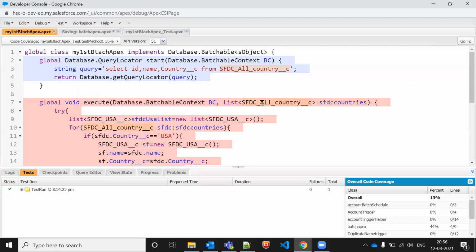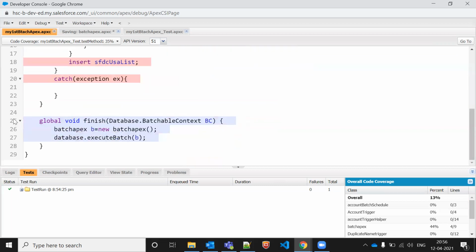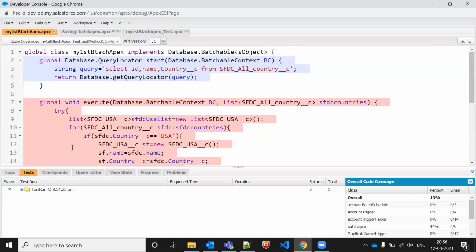We haven't created any data because it is null. So by default it is executing, but it is not getting any data because we are not processing any data here. Okay, but in this line number 7, we should have test data for